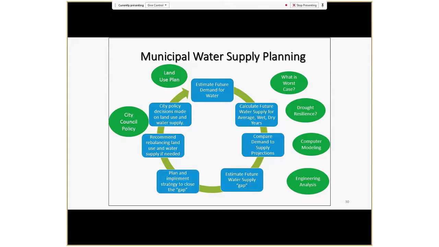So when I get together with the Director of Public Works and talk these issues through, we look at that top left thing, the land use plan, and say, okay, here's where we believe the development markets are going. Here's where we believe our city council and mayor are going. How does that affect our water supply plan? And